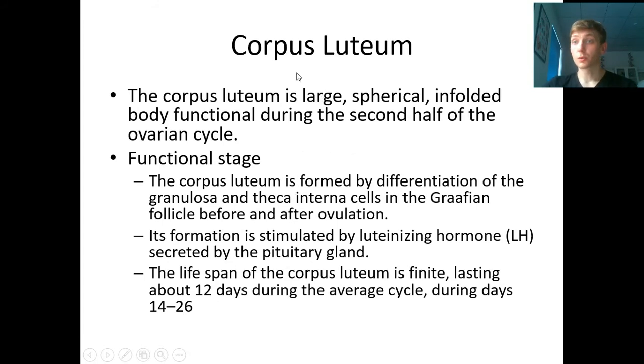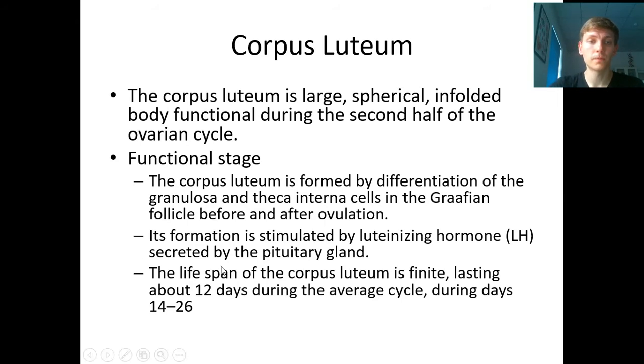Let's talk about the corpus luteum. As you mentioned, its formation starts only after ovulation, and its function is the production of progesterone. The corpus luteum is formed by differentiation of the granulosa and theca interna cells. We discussed what this is in the Graafian follicle before and after ovulation. Before ovulation, luteinizing hormone has already started to work and to convert the theca interna and Graafian follicle follicular cells into